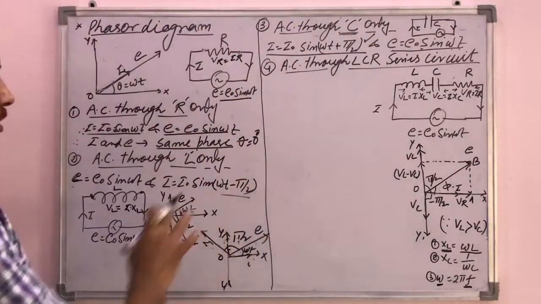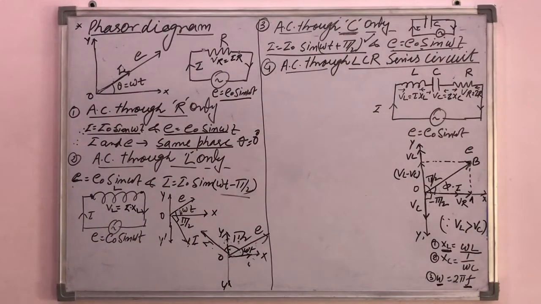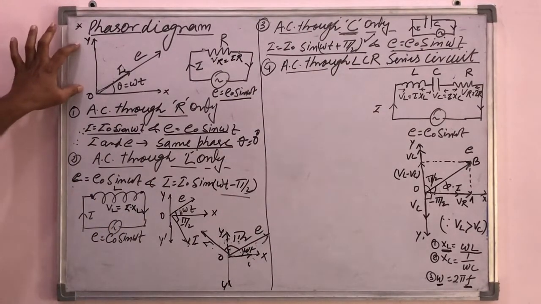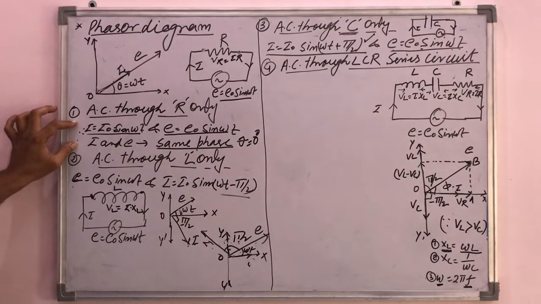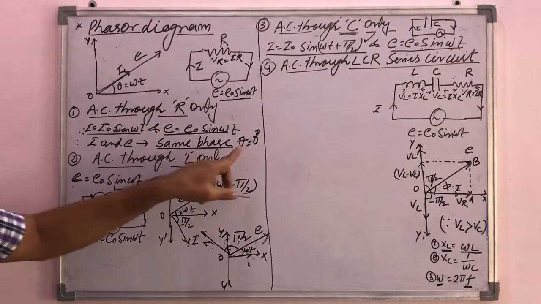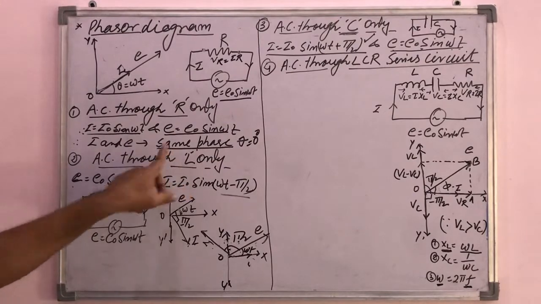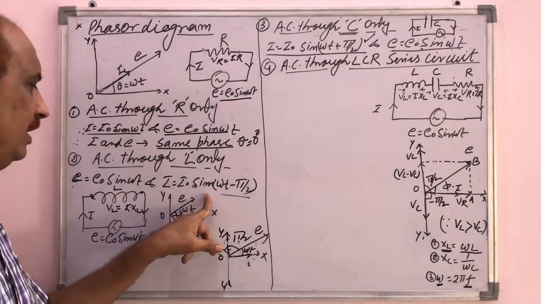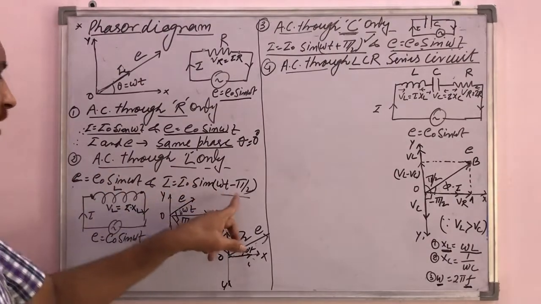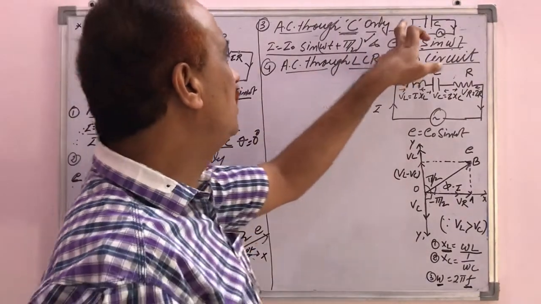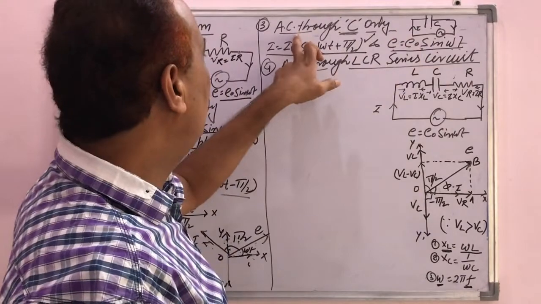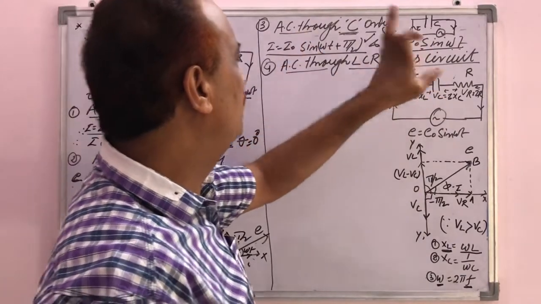So in all these 4 points, the learning point is what a phasor diagram is. Phasor diagrams are the rotating vectors for the EMF and for the current, having some angle between them, which is known as the phase angle. The second learning point is that when R is connected, the angle between I and E is 0, so they will be in the same phase. Next, when the L is connected, the current lags behind the EMF by the phase angle pi by 2, and when the capacitor is connected, the current leads the EMF by phase angle pi by 2.